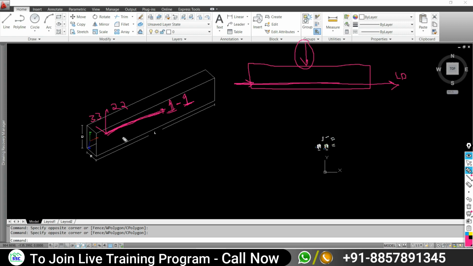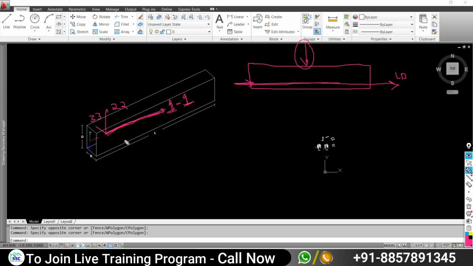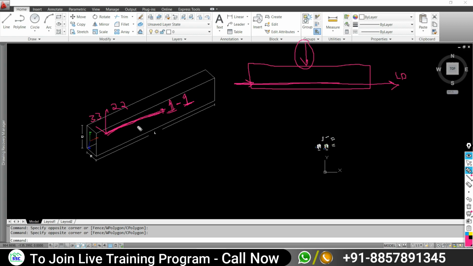So if you want to see how much axial force is coming to this particular beam due to action of any transverse load, which axis do you need to look at? 1-1. Exactly. Similarly, if you are talking about the column, so